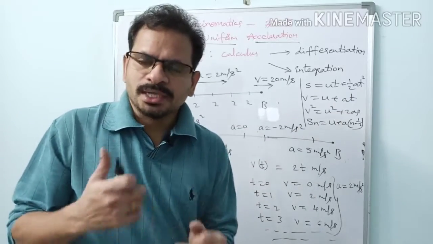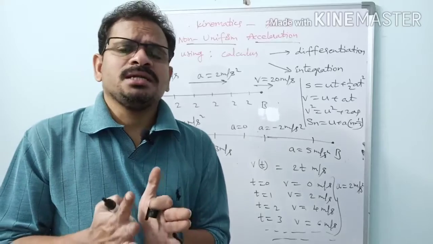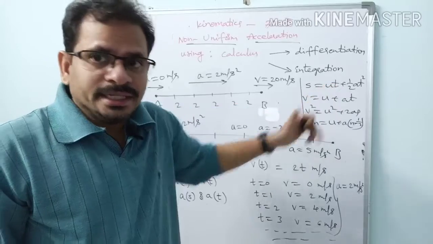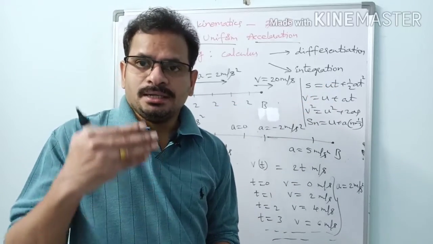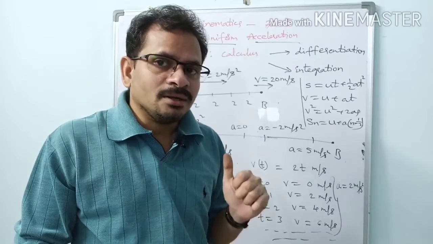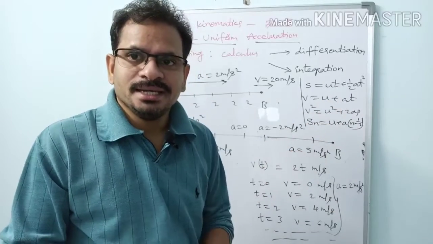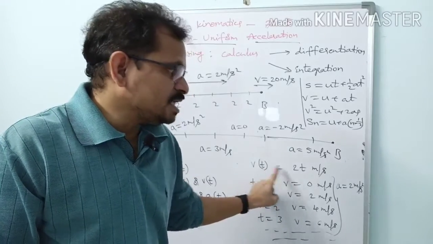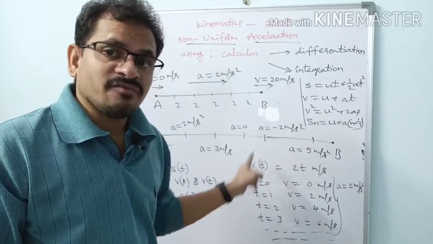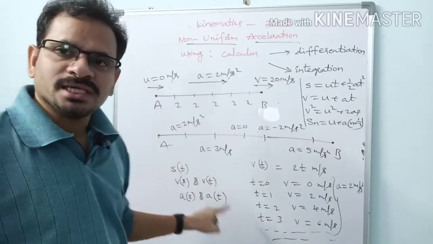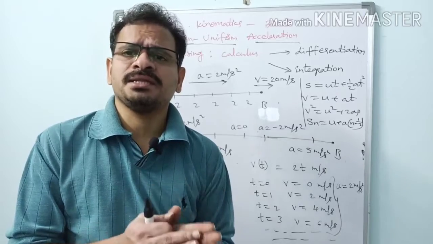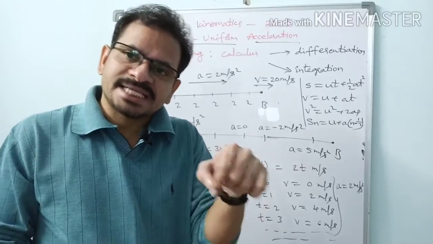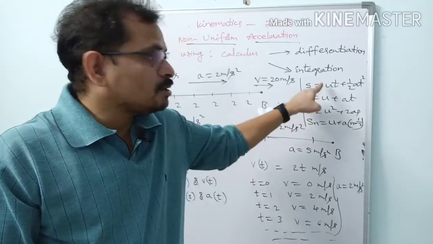So what does it mean? Let us come to a conclusion. If the problem is clearly non-uniform acceleration type, then we cannot use these equations. Even if the problem is of uniform acceleration type, we cannot use these equations in one special case. What is that case? When velocity is a function of time, or velocity is a function of displacement, or displacement is a function of time. If these physical quantities are expressed as a function of time or displacement, even though acceleration remains constant, we cannot use these equations.